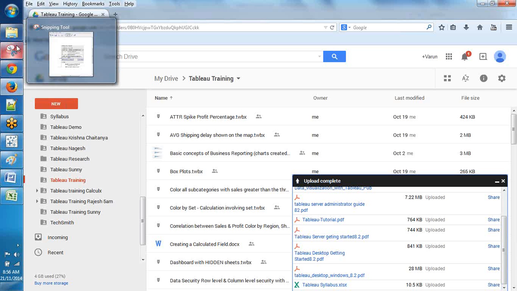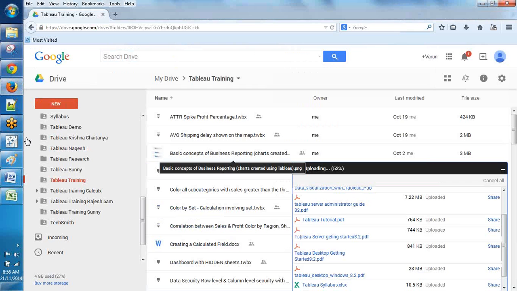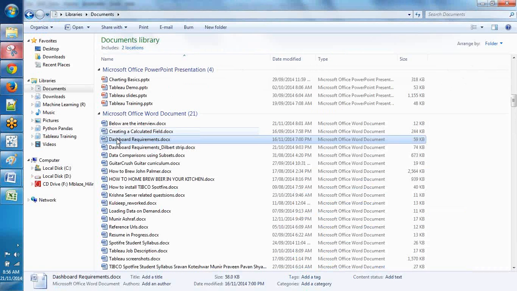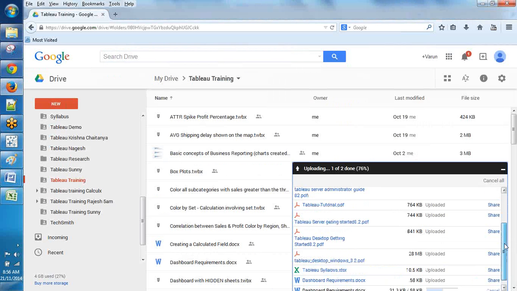So let me show. The document has already been uploaded, I guess. So I'm uploading the dashboard requirements document as well to this drive. So take a look at that. That is what we are going to stick to. See, I have not added this information in the syllabus, this document and dashboard requirements. It's been some time since I updated it, but